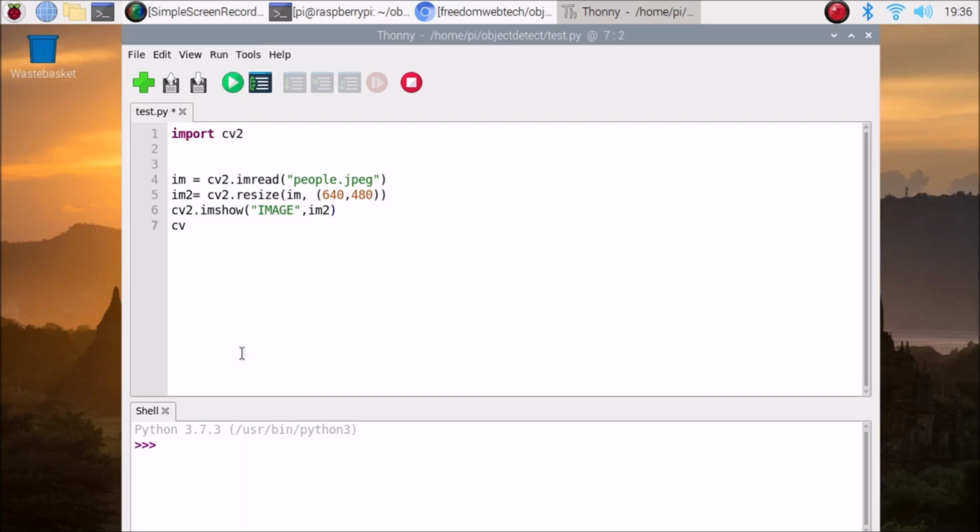Then cv2.waitKey, okay, then cv2.destroyAllWindows, that's it. Okay, so this is just a basic code for showing the image and reading the image.